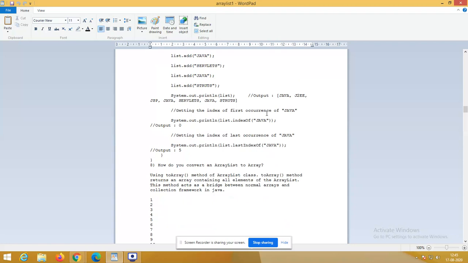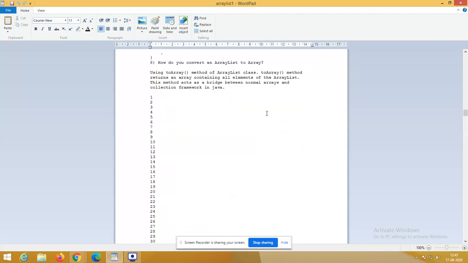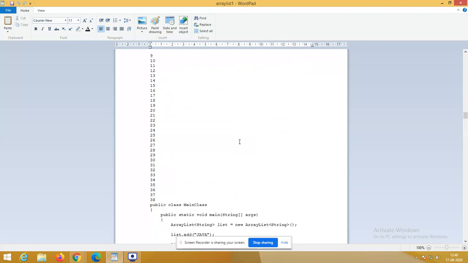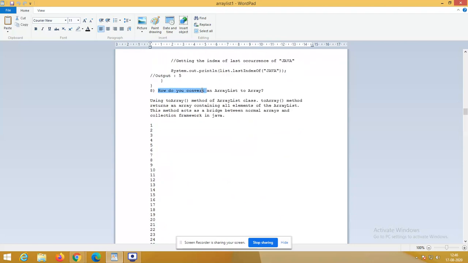So we know how to do that. This program is very, very important. When you are working with your placement papers, this is mandatory for you, right? So what is the content? How do you convert an array list into an array? Array list is a collection. Array is a derived data type. How to convert a data structure into a data type? That's the major thing here.